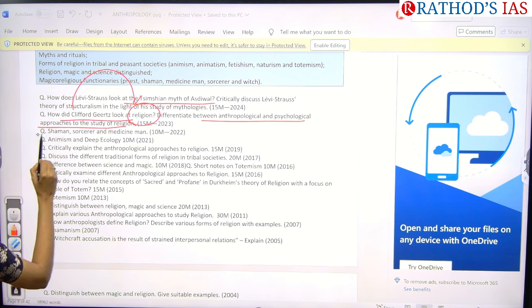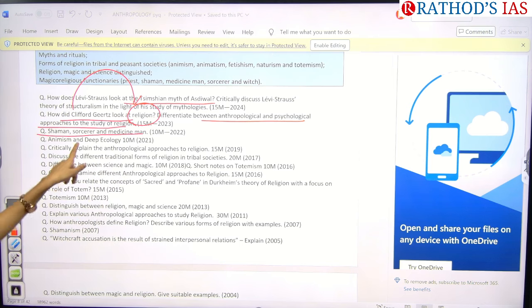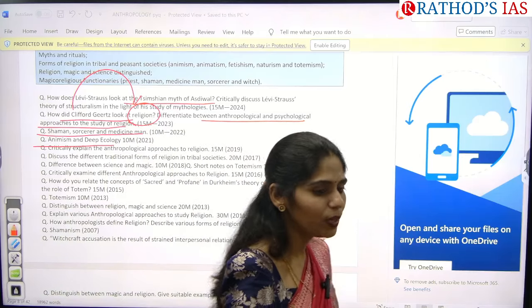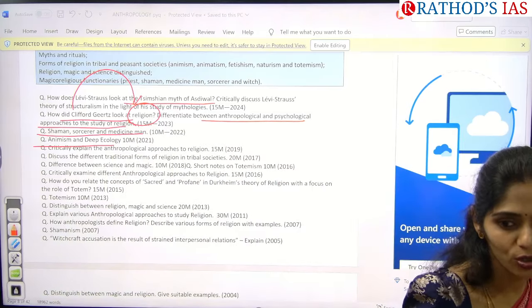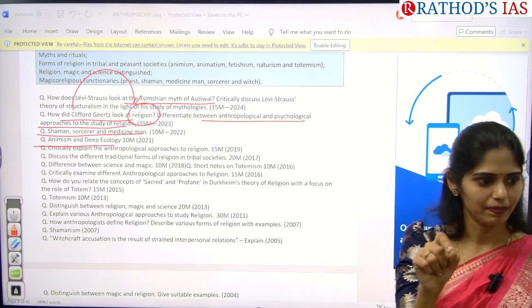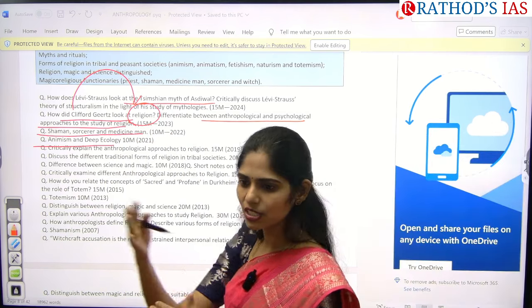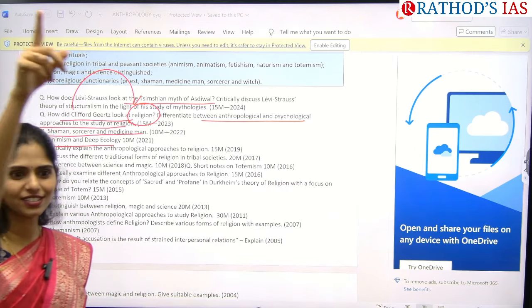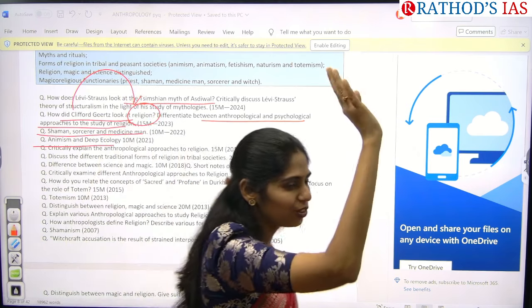And next one is shaman, sorcerer and medicine man, direct 10 marker question. And next one is, yes, I missed this concept. So we have different types of religion. Like earlier, people used to worship their souls. Animism. Animism is nothing but which is moving. So in many movies, soul is represented as it is moving on this floor, on this roof,